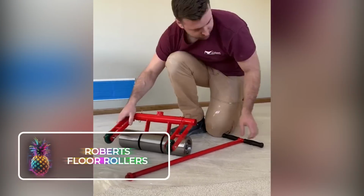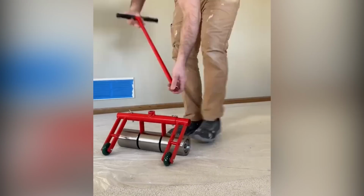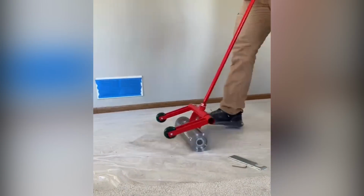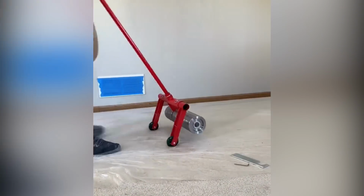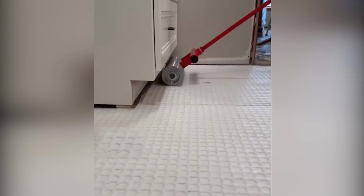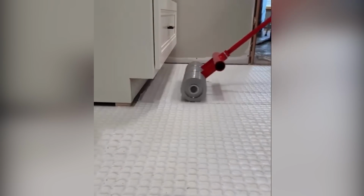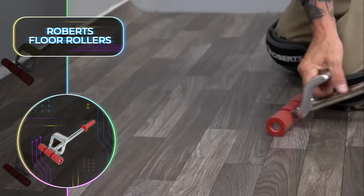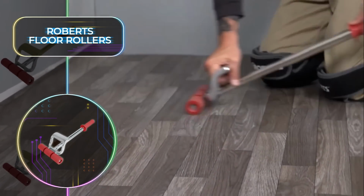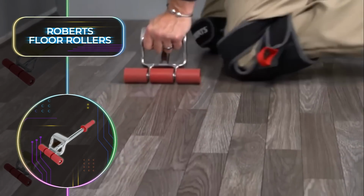Roberts Floor Rollers. The Roberts Company has been around for nearly a century, and during that time, they have cemented themselves as pioneers of tool and accessory creation for professional carpet installers. Their line of extendable floor rollers is by far one of the best ways to get the job done, without breaking so much as a sweat. So stop letting your tools hold you back, and give this heavy-duty roller the chance to show you what it can do. According to the Roberts website, their product is the ultimate way to get that perfect bond and flawless finish between your linoleum or vinyl and adhesive, and for just $285,